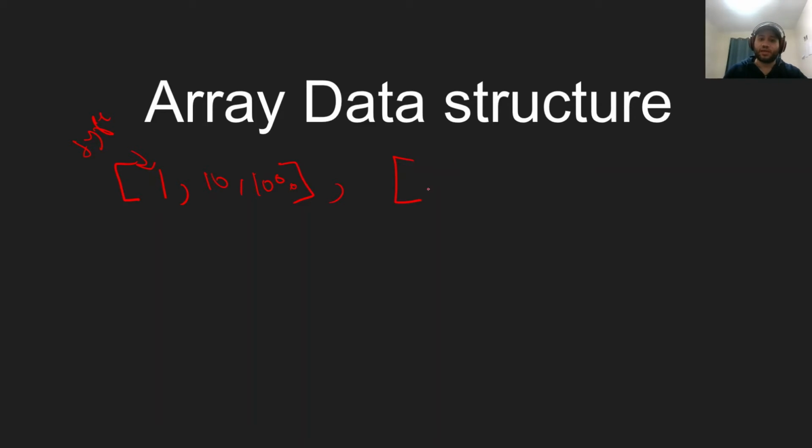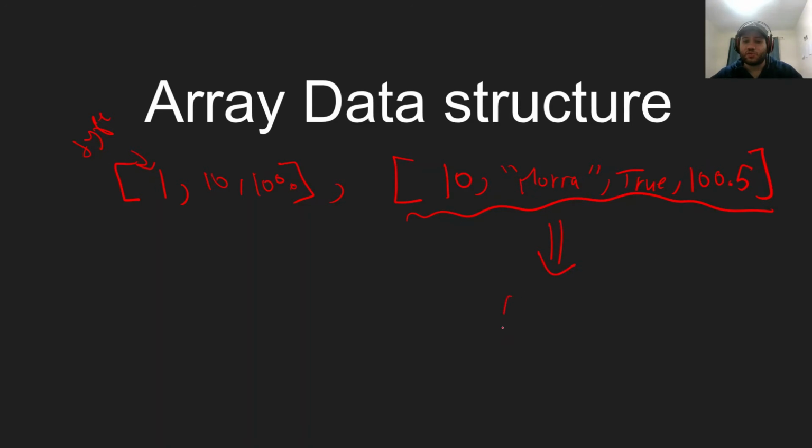So for example, you could have a 10 next to a word, let's say Mora, next to a Boolean value, which is true, next to a float, which is 1000.5, and you'd have everything there, no problem. And that is what a list is. So that is the main difference between a list